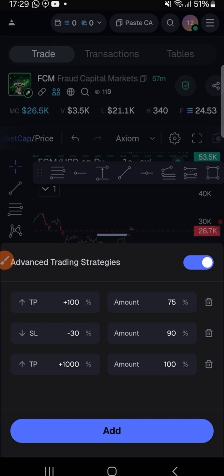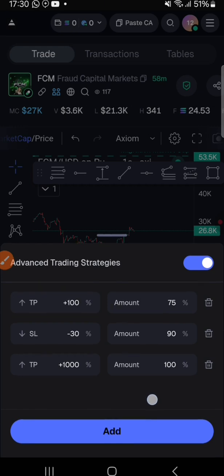That $7 is left for me, which is the 10%. If that coin in the future does 10x, that's $70 back. That 1000% means 10x. If the coin later does 10x, that $7 that I left will be calculated from my entry, and the 10x from my entry will be $70, and I tell it to sell everything. So even if I leave that $7 and forget it there,